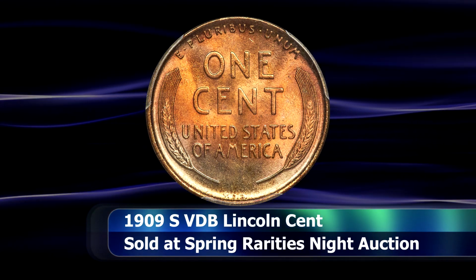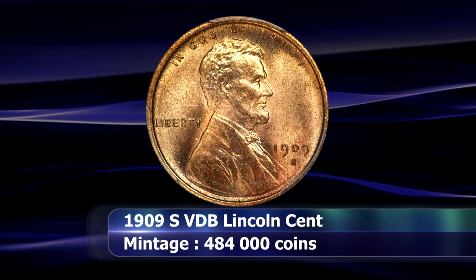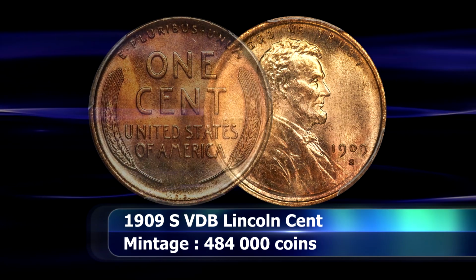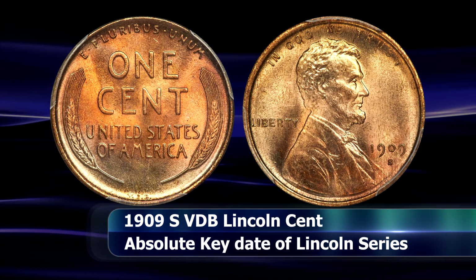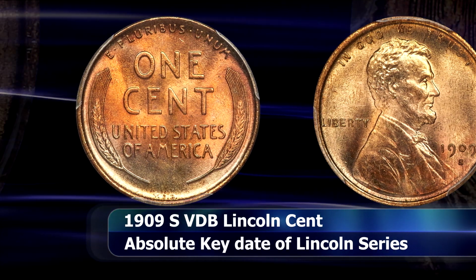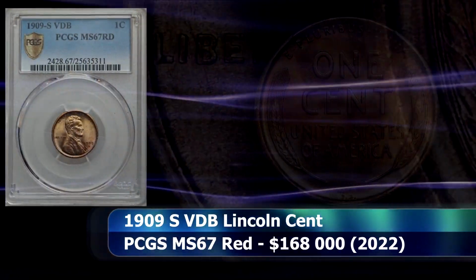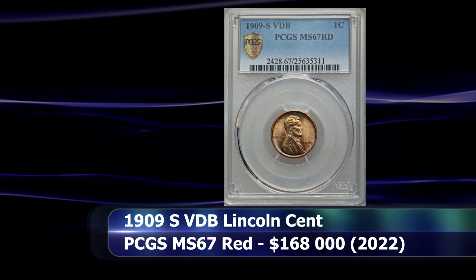The Lincoln cent had barely made its way into circulation when objections were lodged against Victor D. Brenner, the artist who designed the coin, making his initials seem apparently too prominent on the reverse of the coin. San Francisco only had time to mint 484,000 of these coins before production was halted to address the issue, which ultimately meant removing the VDB from the coin altogether. This coin is graded by PCGS as MS67 red, and at auction it raised